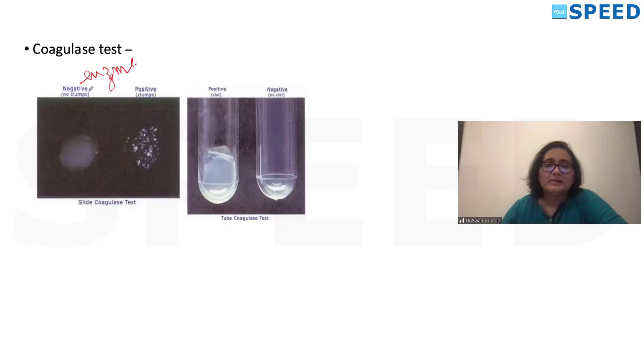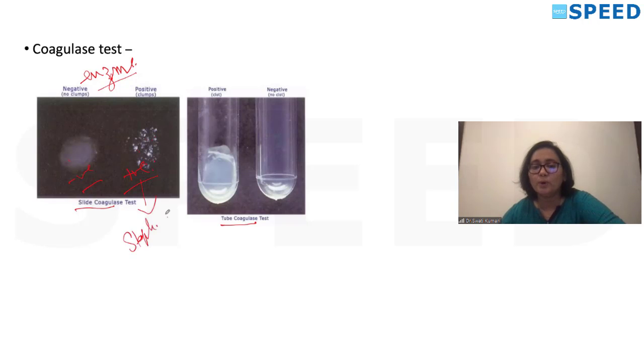Okay. So this is one method of coagulase, slide coagulase and tube coagulase. This is the positive where clumps or granule kind thing you can see. This is the negative coagulase test where you just see milky white suspension. You may get a question where a picture is shown and asked which organism it can be. If coagulase positive, it's Staphylococcus aureus.